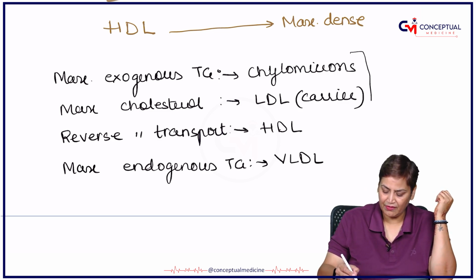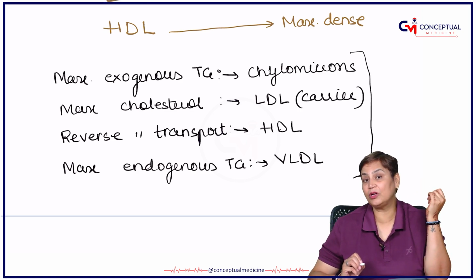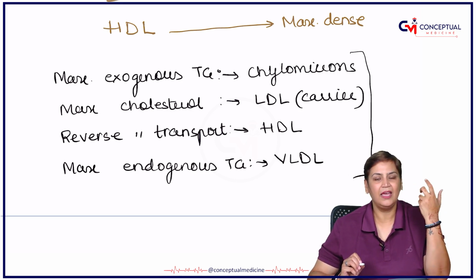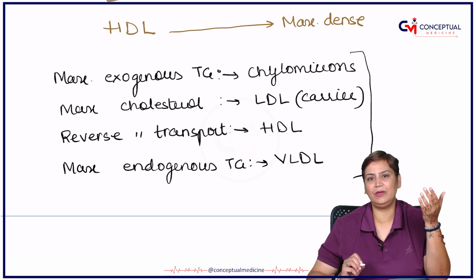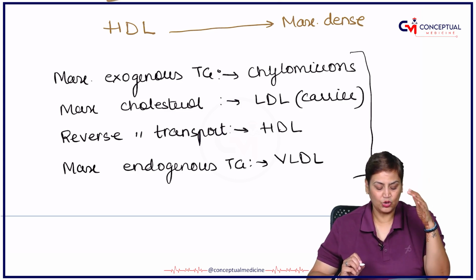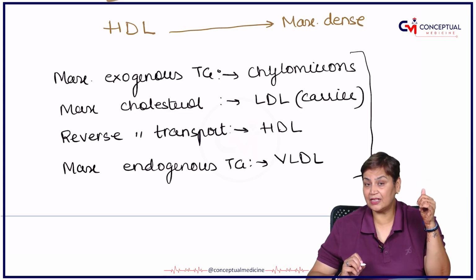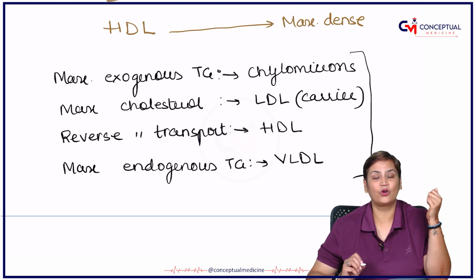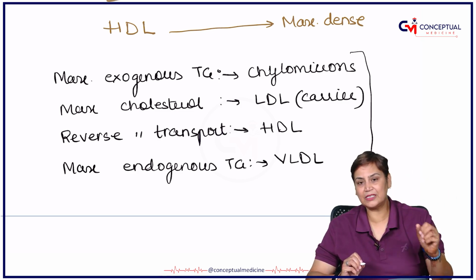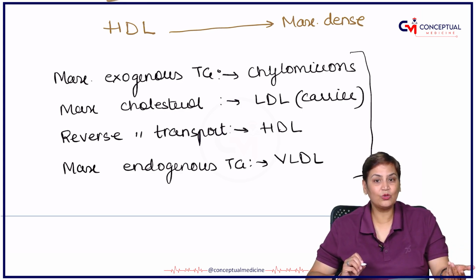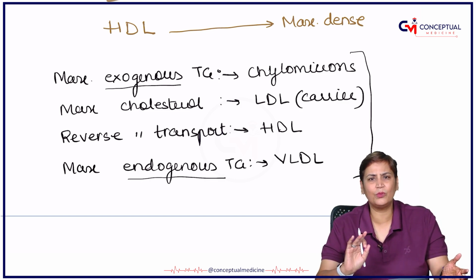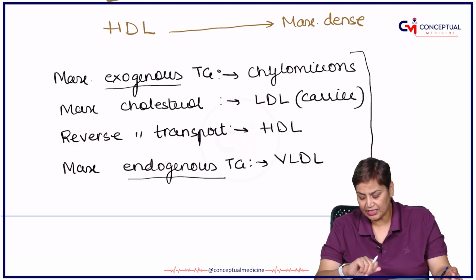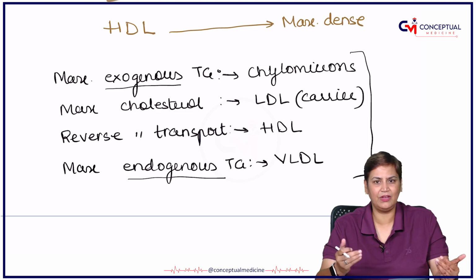So these play a very, very important role when we are going to discuss different types of hyperlipoproteinemias and hypolipoproteinemias. These are the ones which will be either increased or decreased. Right? So this is lipoprotein class, another very important class of conjugate lipids. So I hope this is clear to all of you, because we are going to study the metabolism of this in detail. So you should know what exogenous TGs are, what endogenous TGs are. It is clear from the word itself. Exo means from outside. So the TGs which are coming from outside. Outside means when we are taking a diet.